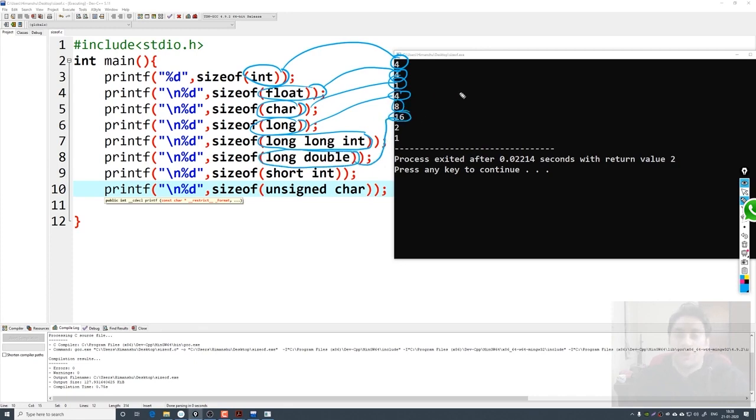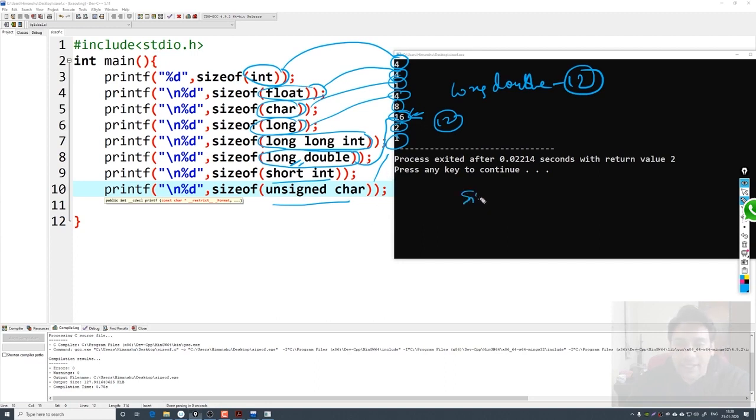This is interesting because I told you earlier that the size of long double is basically 12 bytes, but actually this long double size is also not fixed. It depends on platform to platform. In some compilers you can find that long double is 12 bytes, and in some compilers the size of long double is 16 bytes. So the size of long double is also not fixed. In the same way, you can see size of short int is 2 bytes, size of unsigned character is 1 byte. So you can use this sizeof function to find the size of data variables.